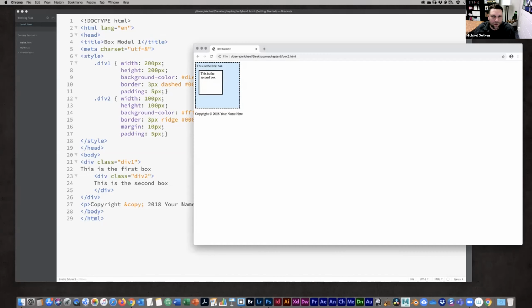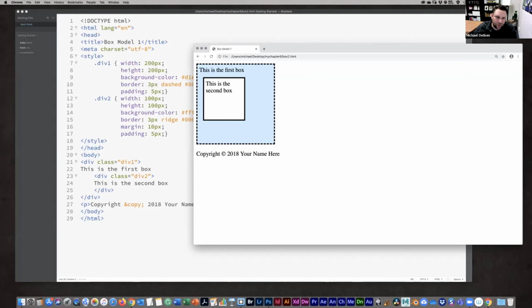All right, so now you can kind of see what happened, right? We got the first div, which is larger, okay? So it's taking up more space, but then we wrapped and nested that second div inside of there. So it basically pulls that inside there, okay? And so this is a technique that you can use to create different types of layouts within your web page design, just by doing some nesting divs and then adjusting the CSS within those.